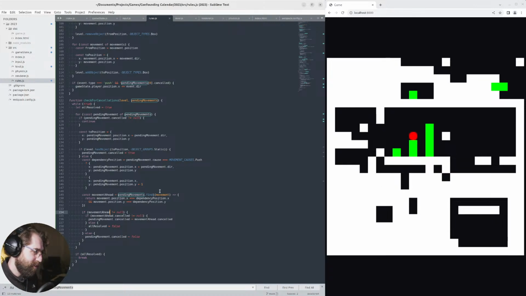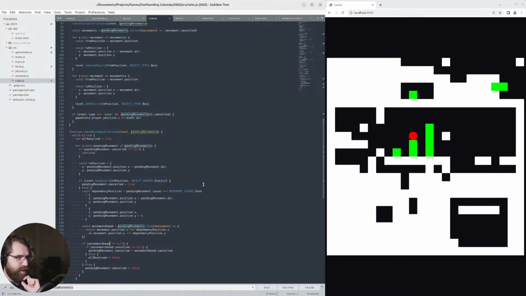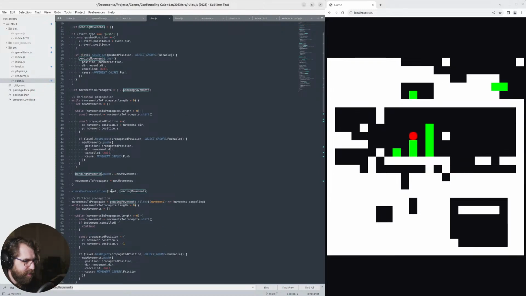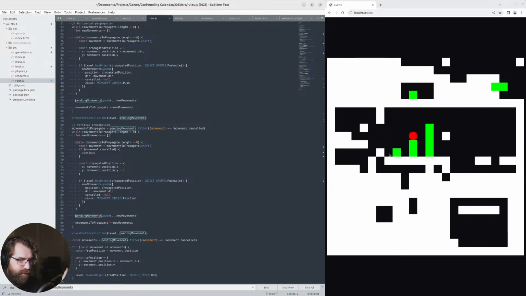Why did blocking the bottom one work well, but blocking the middle one didn't? Because there's two steps of cancellation, right? First, we push all the objects in the same row as us, and we check if they can move, and we cancel them if they can't, so that we don't propagate upwards if they can't move. And so I put the check,